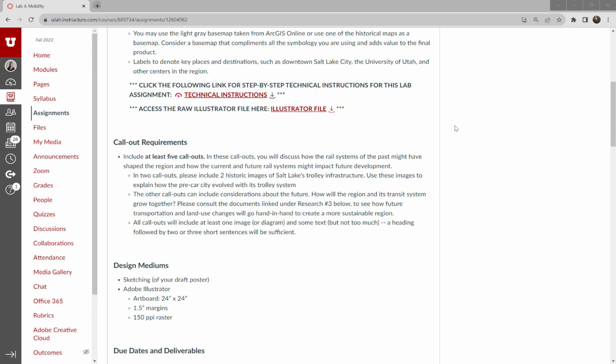And so let's first start by selecting the first layer and creating three new layers, and then rename them. The first is present transit, and then the second is past transit, and then the third one is future transit. Okay,